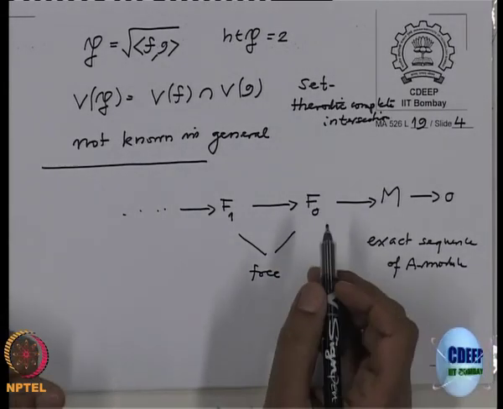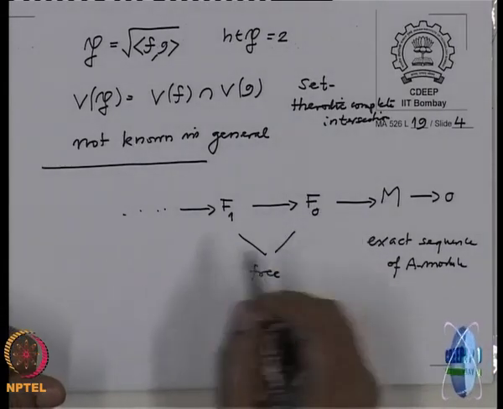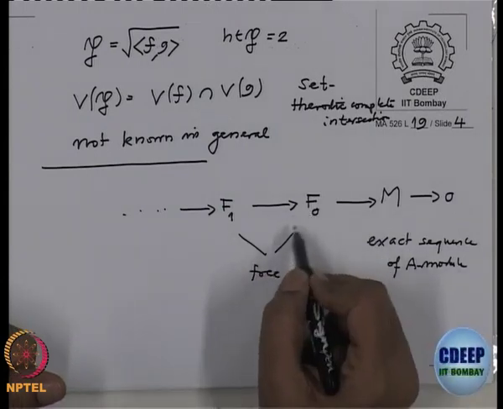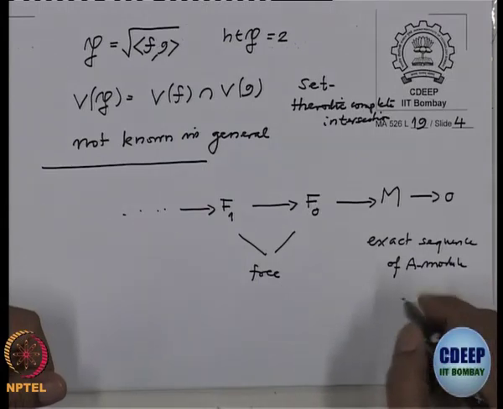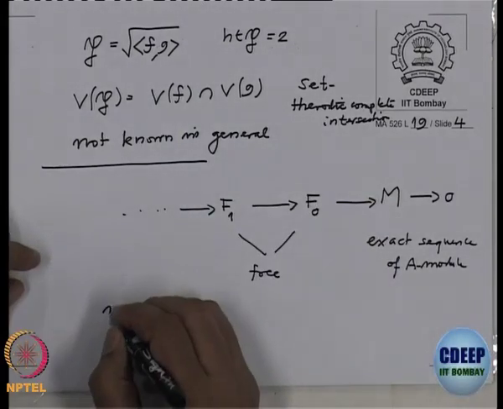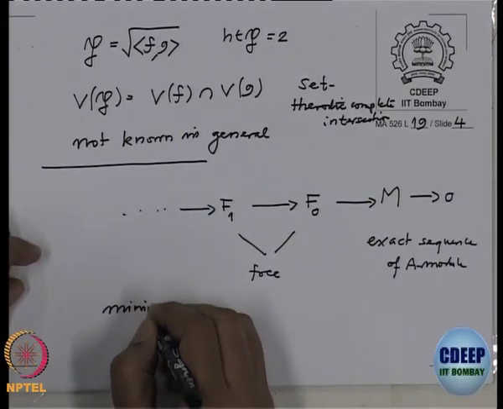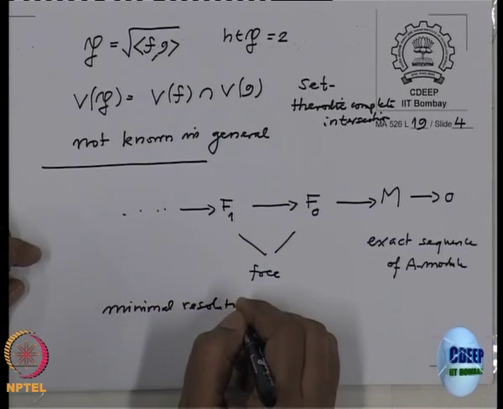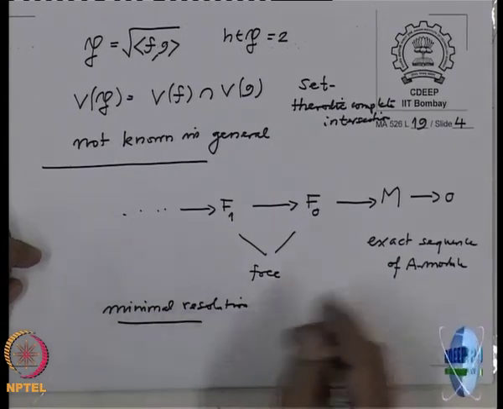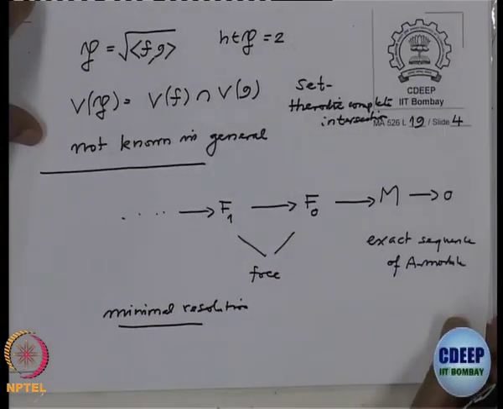Such a thing is called a projective resolution. One might do a little bit better with what is called a minimal resolution. So, that is called a projective resolution. What we know is that every module has a projective resolution: you can write a resolution where each member is a projective module.